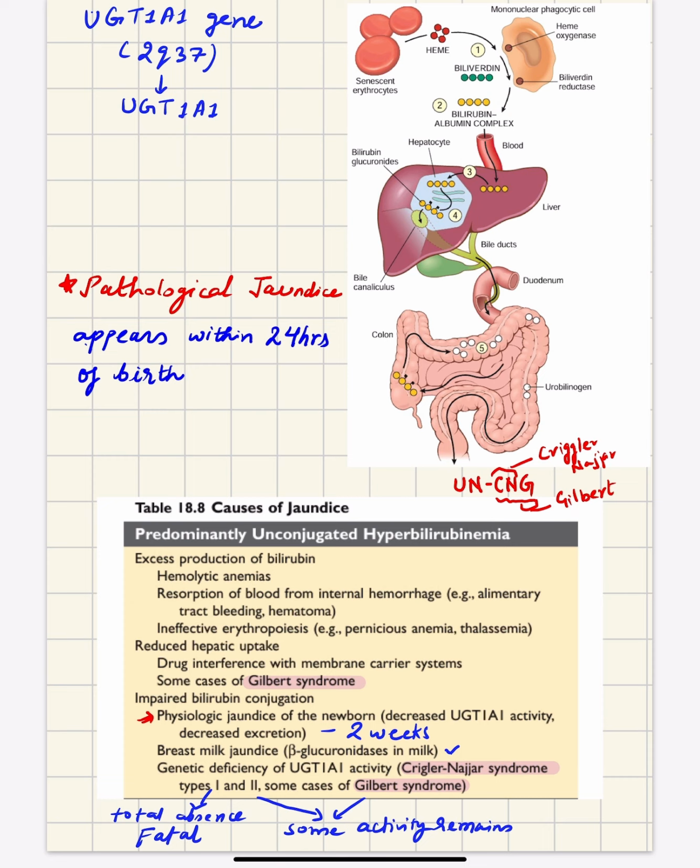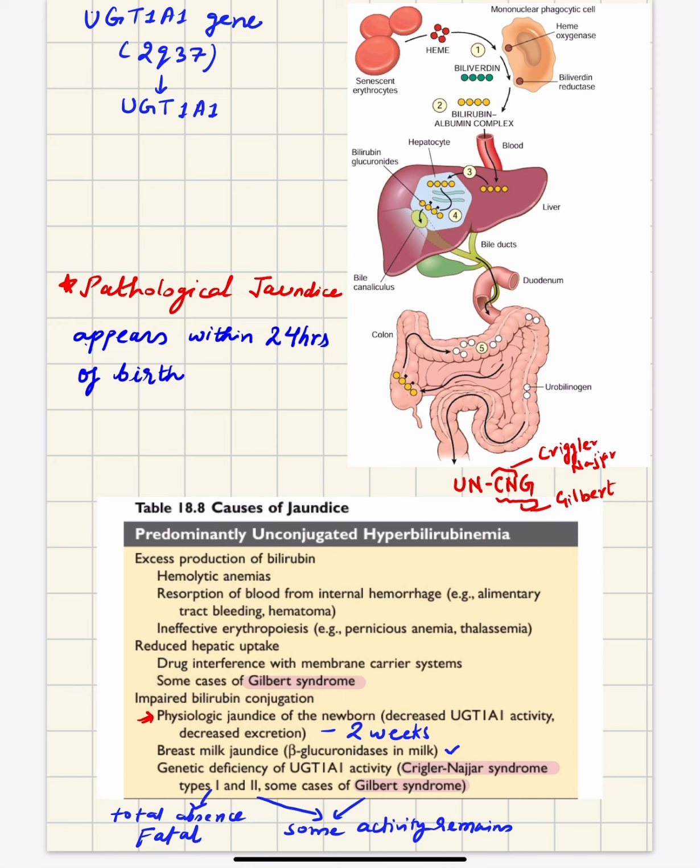Then in the second case, when the bilirubin is formed, it is unconjugated and it is taken up by the liver cells. We discussed it in the last video. So there can be certain conditions where there is reduced uptake by the liver cells. In that case, the bilirubin won't be conjugated and the unconjugated bilirubin will be high in the blood. That can be caused by certain drugs also. Now another important cause is the impaired bilirubin